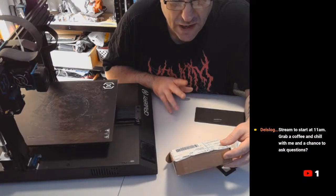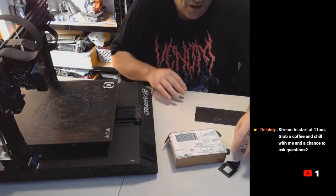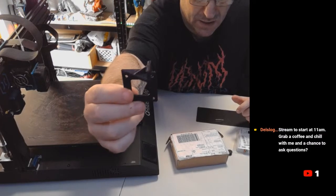So I'm going to crack on doing this. Like I said, if people pop in, say hello, I will say hello back. There's been a few bits that I needed to print off first of all, which is the BL Touch holder, which will